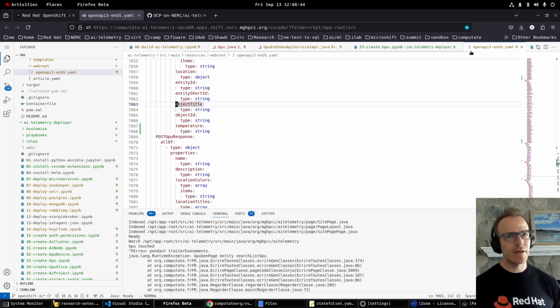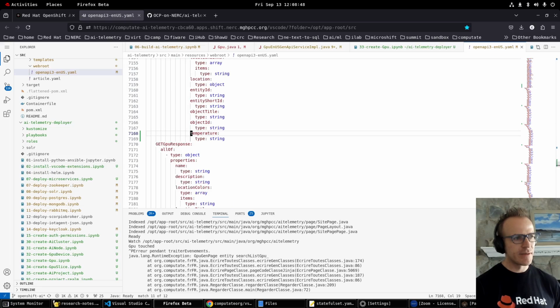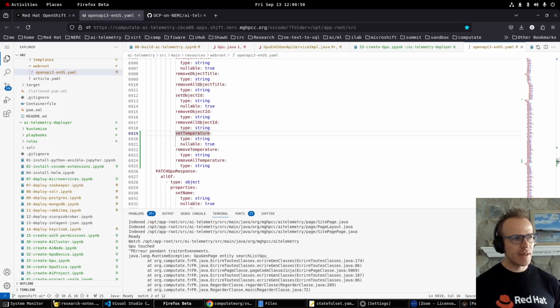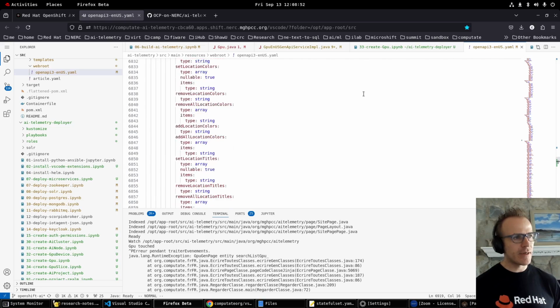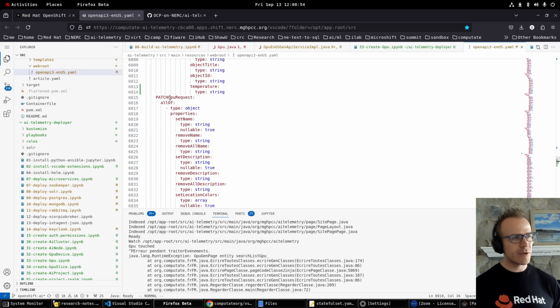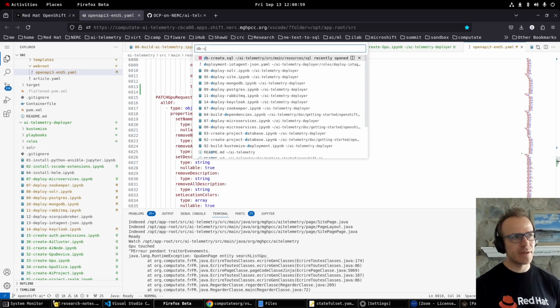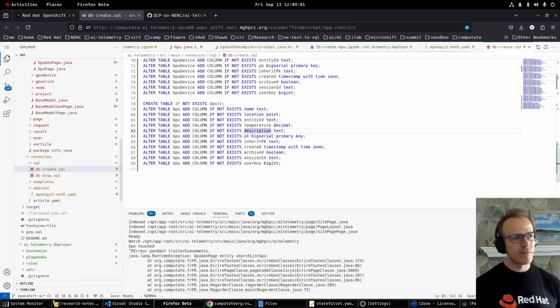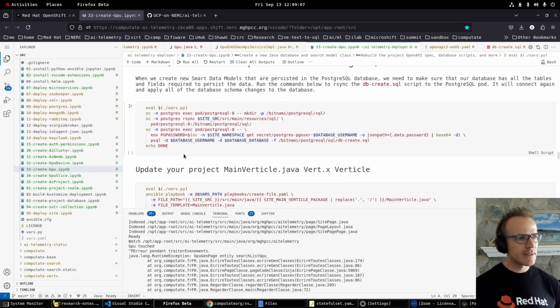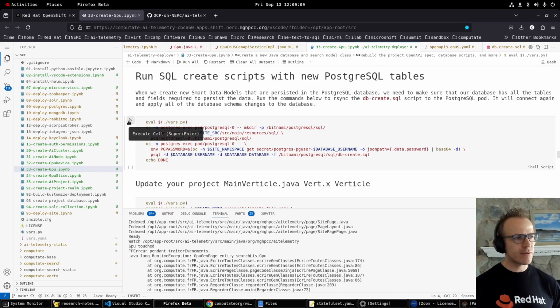Now I go here and search for temperature, and there it is. We have a temperature field in our GPU requests, and as well we have db create. We have a temperature field in our spec here,